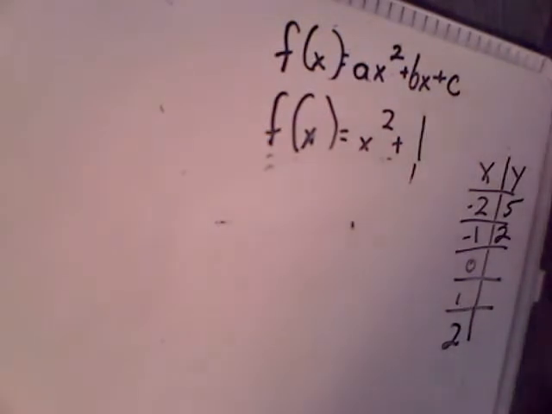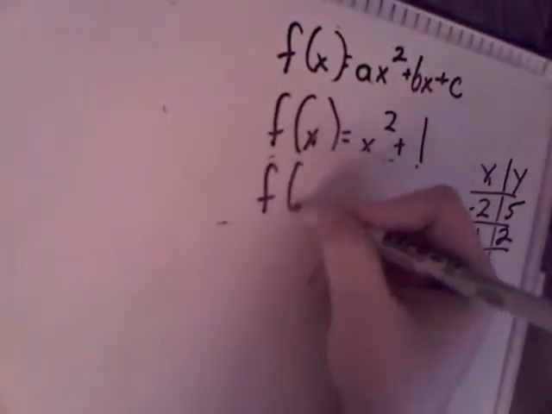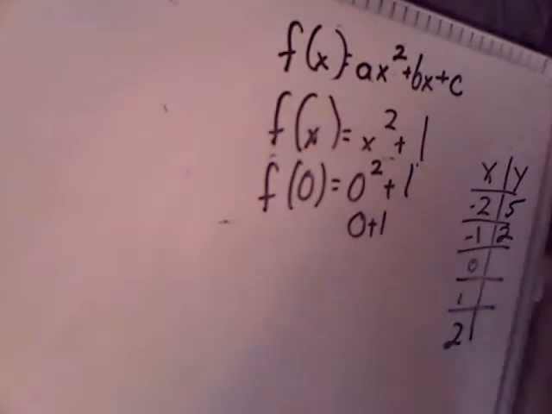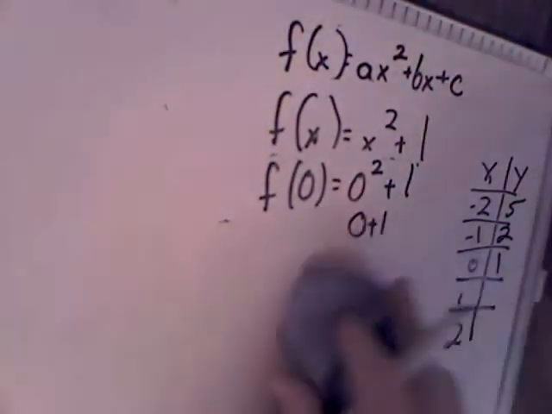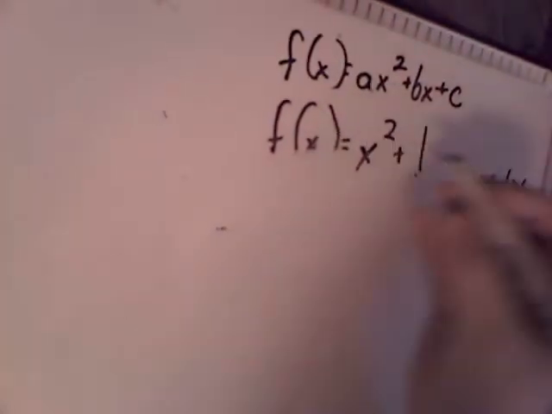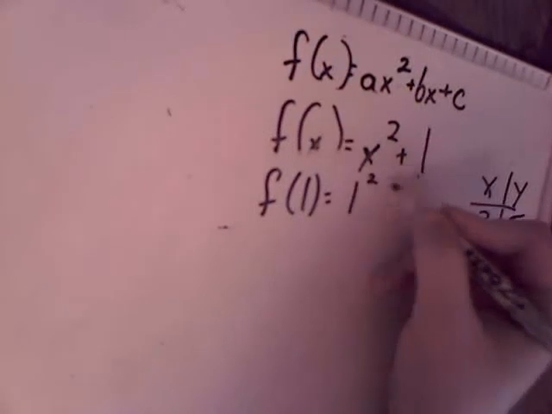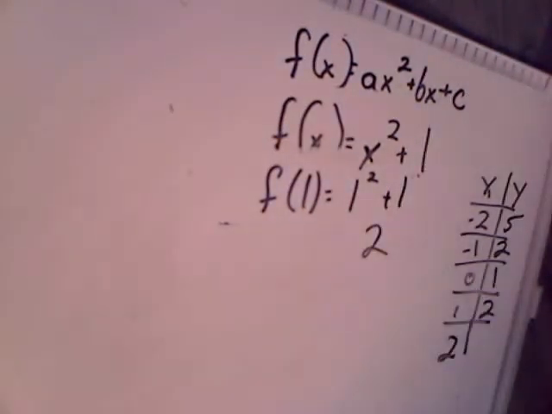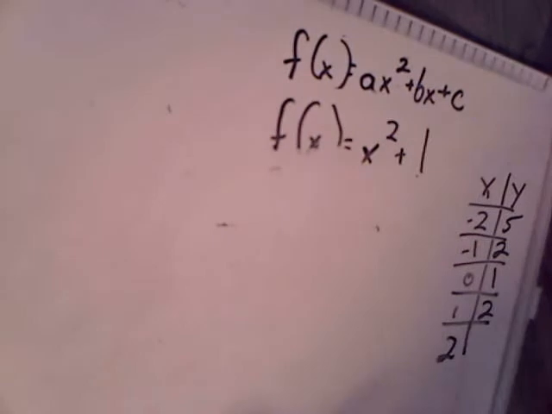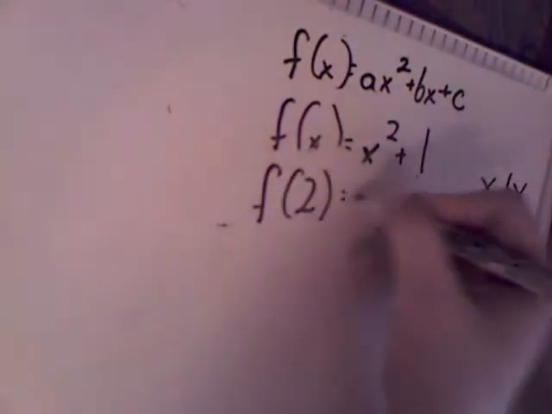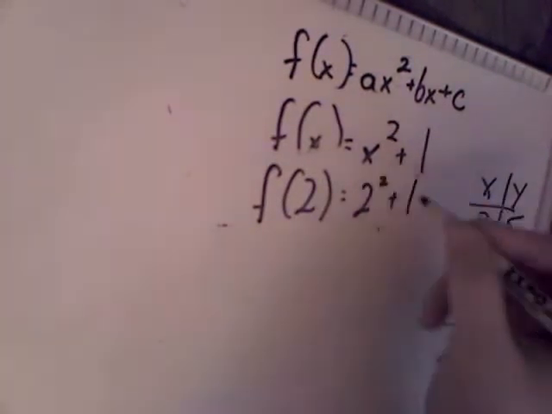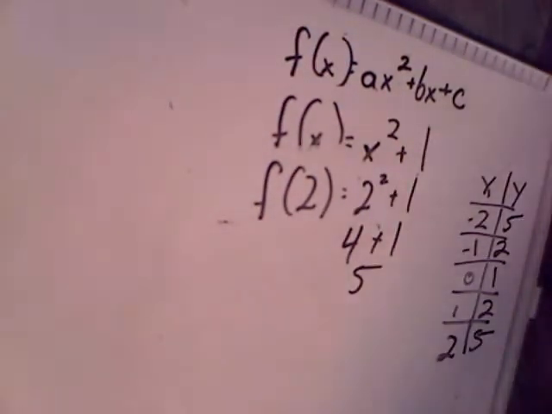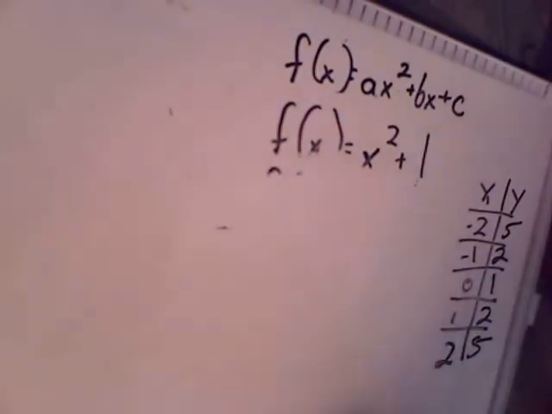Let's do it again. When x is 0, we have 0 to the second power plus 1. 0 times 0 is still 0, so 0 plus 1 is just going to be 1. When x is 1, I have 1 to the second power plus 1. 1 times 1 is the same thing as 1, so my answer is 2. For the last one, we're going to put x as 2. 2 to the second power is 4. 4 plus 1 is 5,